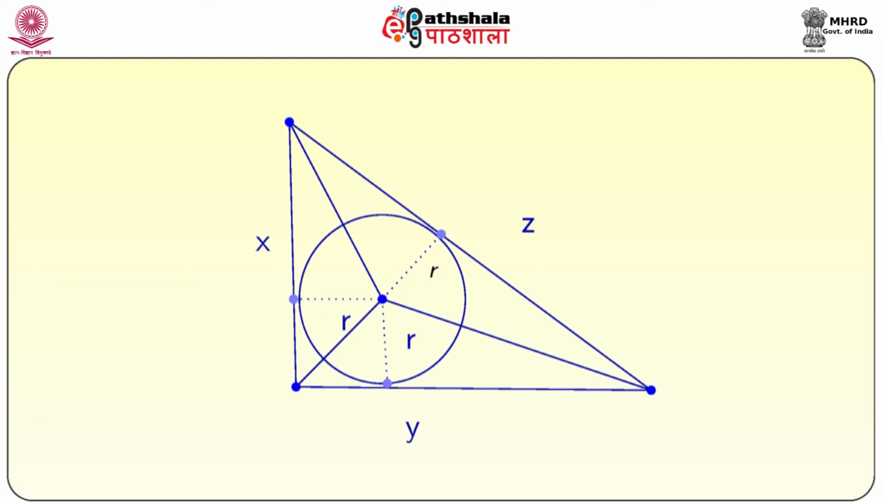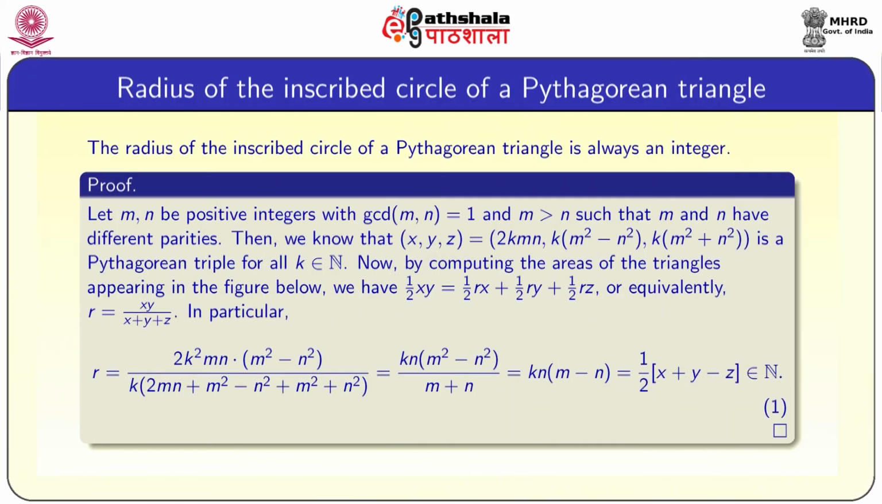So, now again we go back to the previous slide, that is we see that half into xy is equal to half into rx plus half into ry plus half into rz. That is, we divide the triangle into 3 triangles and we are equating the areas. So, we got this. Equivalently, r is equal to xy by x plus y plus z. In particular, r is equal to 2k square mn into m square minus n square by k times 2mn plus m square minus n square plus m square plus n square,